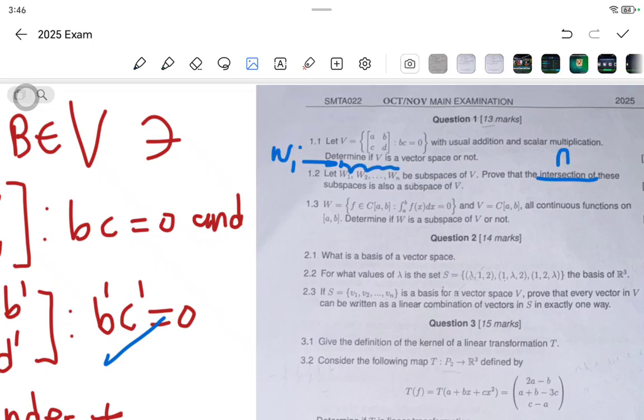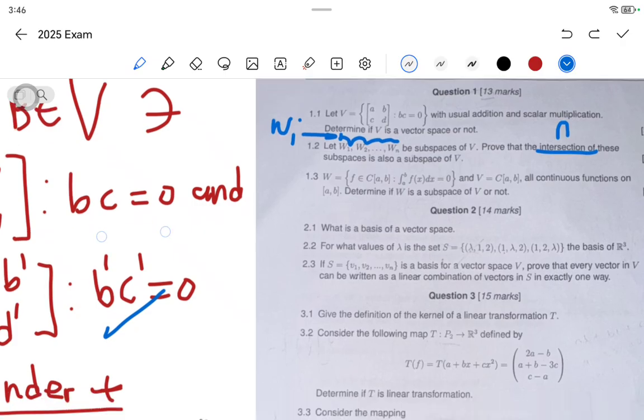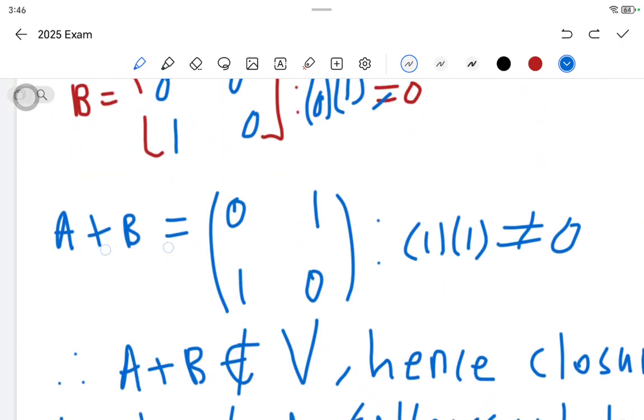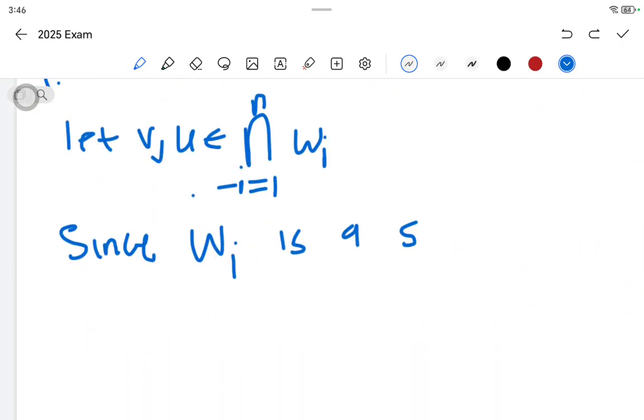Yeah, that is the intersection. Yeah, then that is it. So since this is a subspace of V, that's what we can say first. We can say, since this is a subspace of V, then when you add the two subspaces,